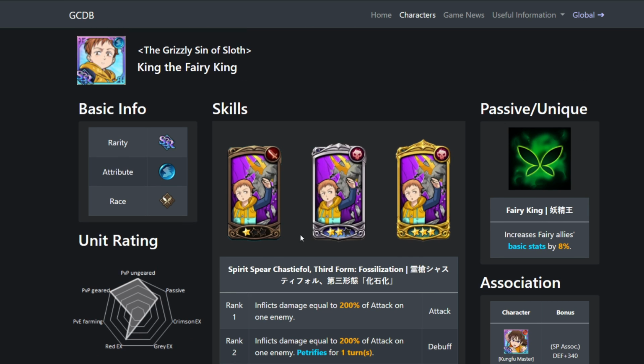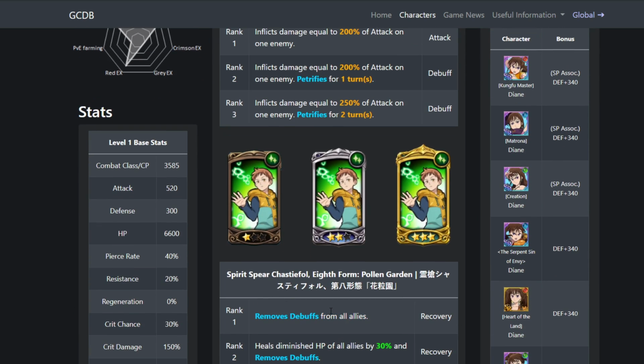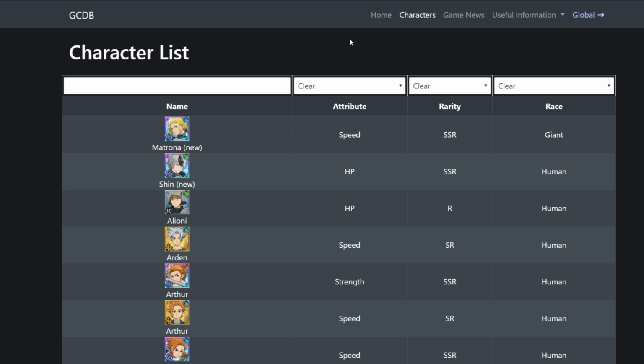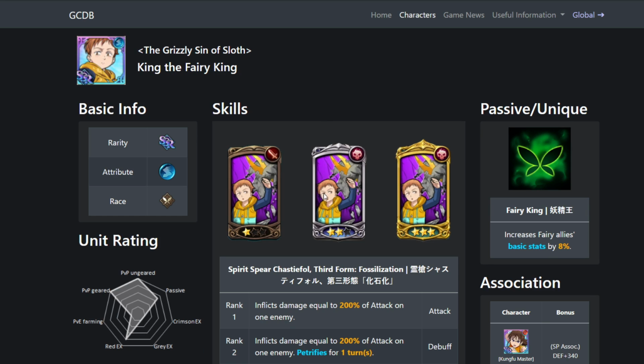And attack sealing, of course, as well. The same thing. If you were attack sealed and you cleansed the attack seal, you wouldn't be able to attack in that same turn either. So King is just a fantastic unit because of it, and it takes so long for another unit to release like that, because I'm pretty damn sure. Let me actually go by...